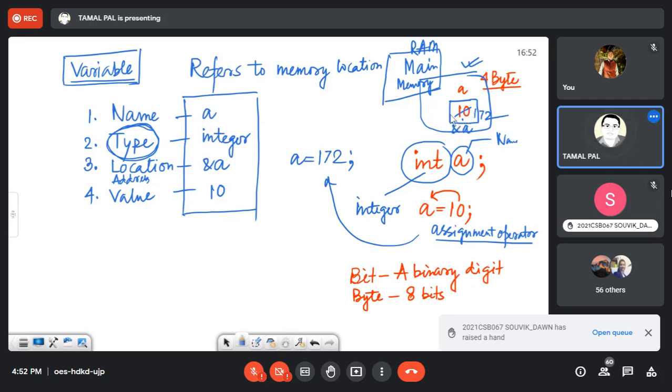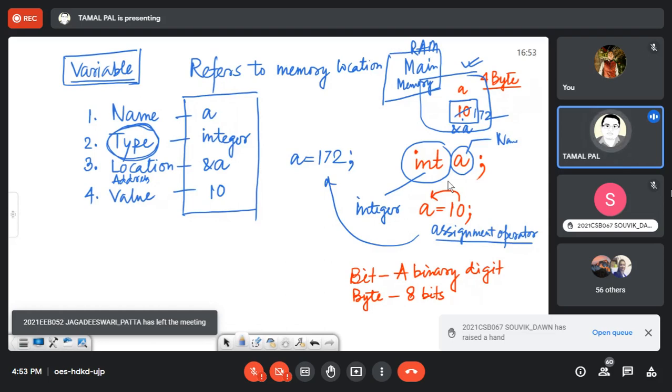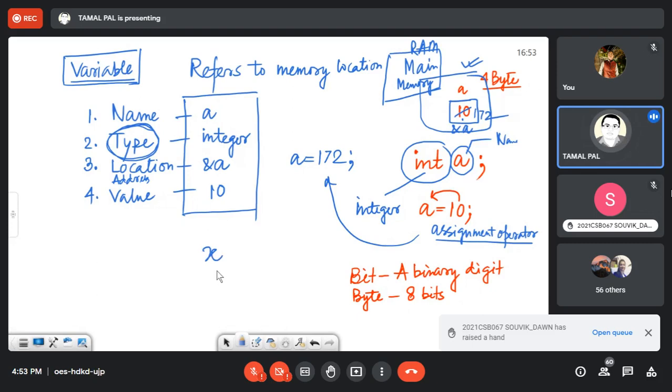It has some similarity with the mathematical variable, but in mathematics there is no such memory concept, no putting some value into memory or getting value from memory. We assume an entity which may have different values, but how do we implement these different values? Here we have the concept of memory.